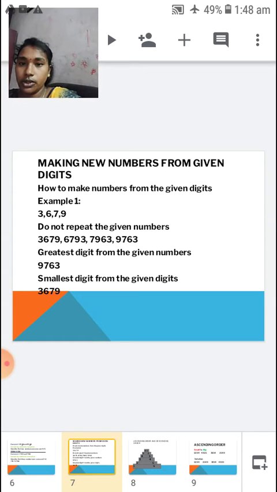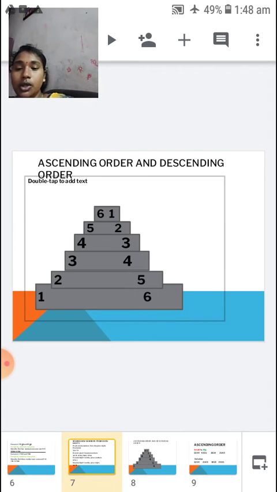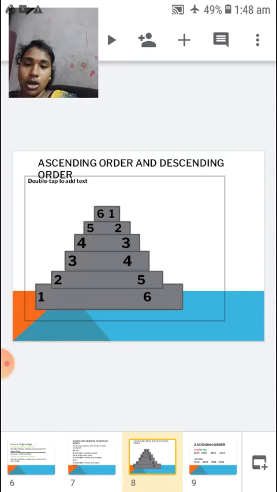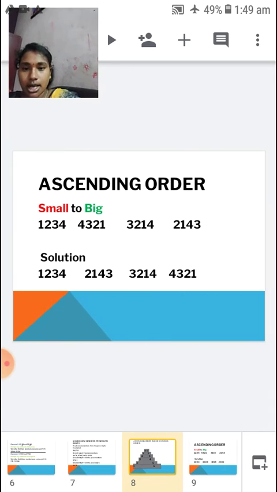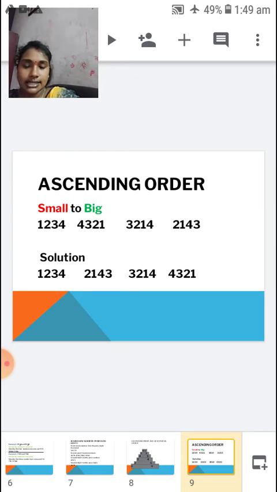So now we are going to see what are ascending and descending order. I hope you have learnt ascending and descending order in your lower classes, but here you are going to learn it for a quite large range of numbers, that is, big numbers. Okay? So children, what is ascending order? The word ascending itself says that it starts from the smallest number and goes to the biggest number.